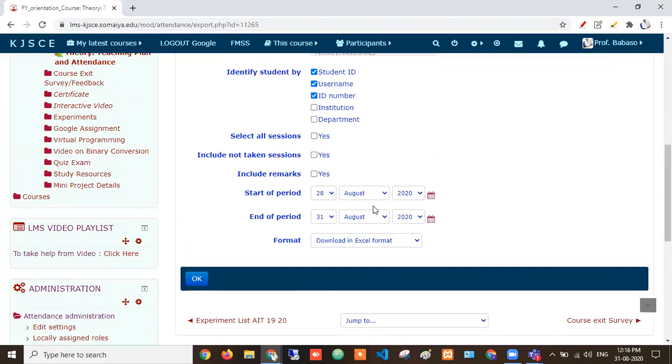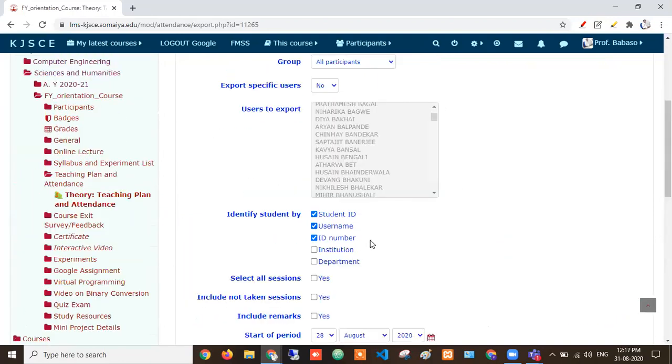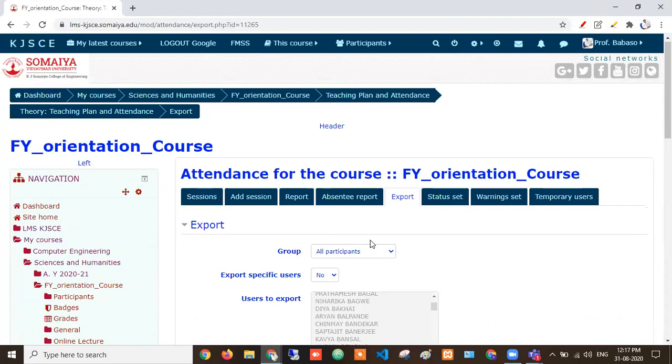That option is there. So all the lectures, all the details you will get in the Excel: in total how many sessions I have taken, how many students were present, the total count, the absent count, as well as in which lecture he or she was present and in which lecture he or she was absent. All these details you will get in the Excel sheet. And the best thing is that you get all the details with roll number. This is the most important thing. So there is no number mapping at your end.